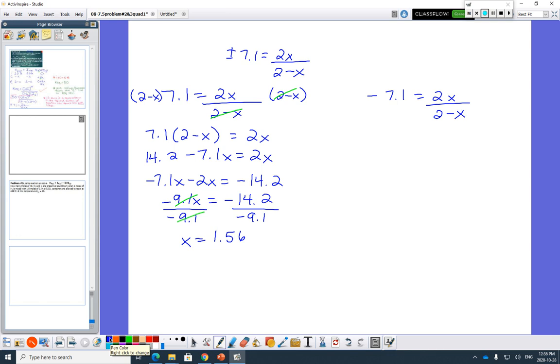But there are definitely shortcuts you could take, okay? If you want. If you don't want to, great, show all your work. And then do the same thing over here, except now we're going to do the negative root. So if you want to like draw a line between them,